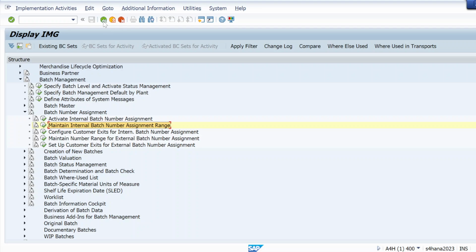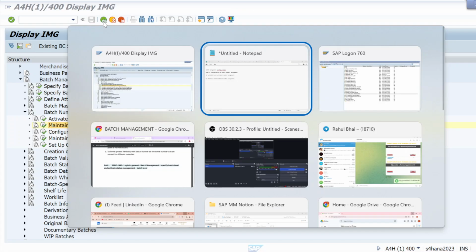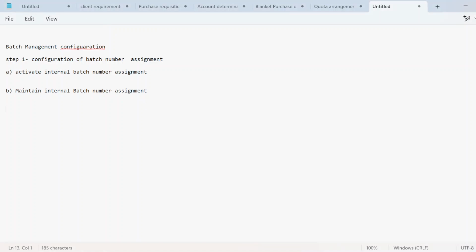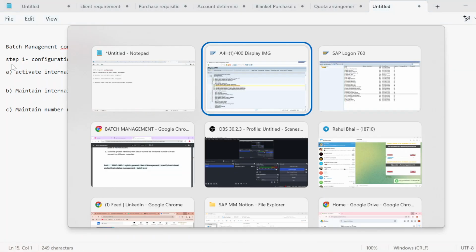Now the next step is maintain number range for external batch number assignment. How will we do it?